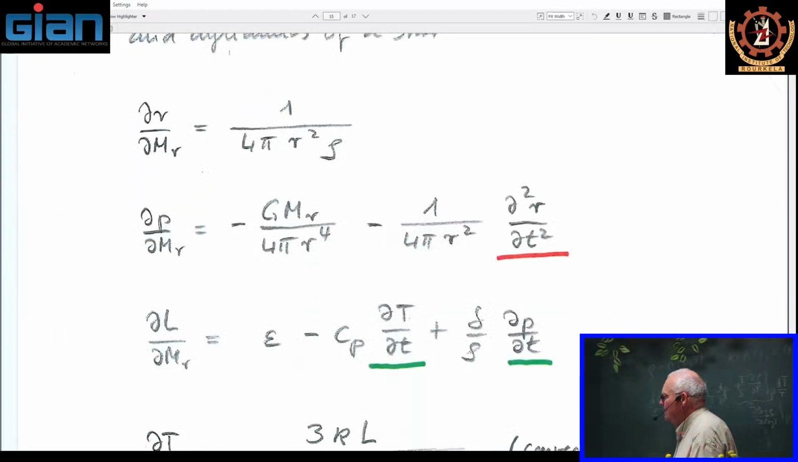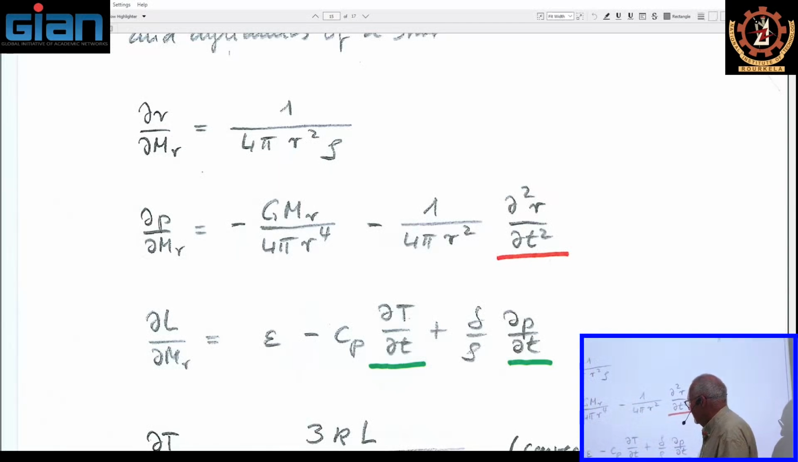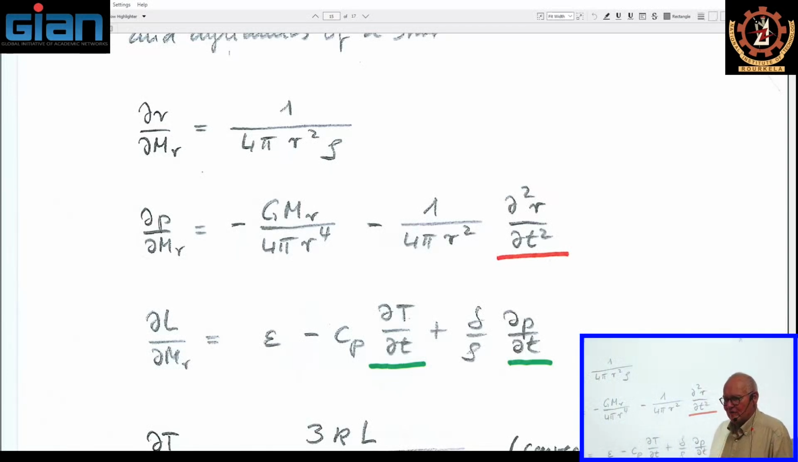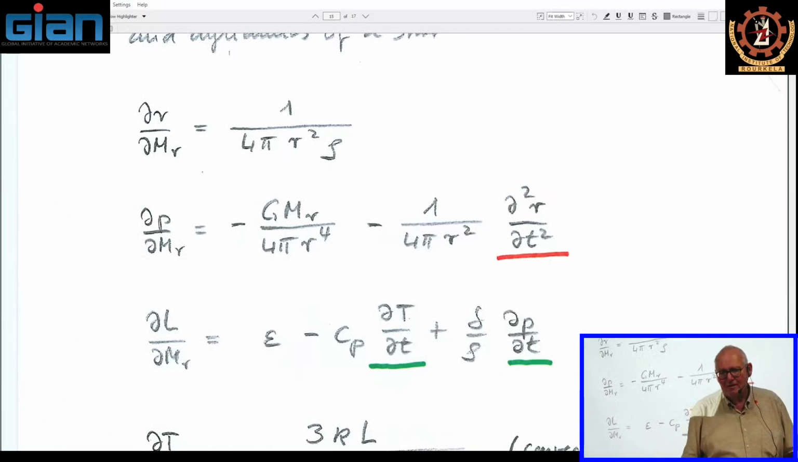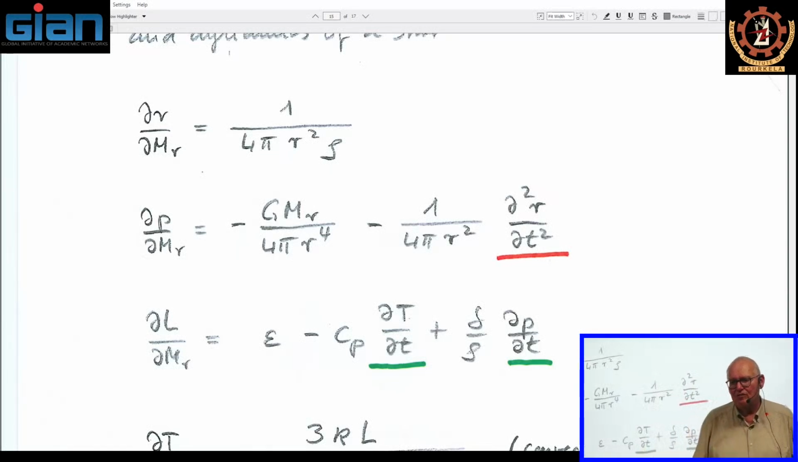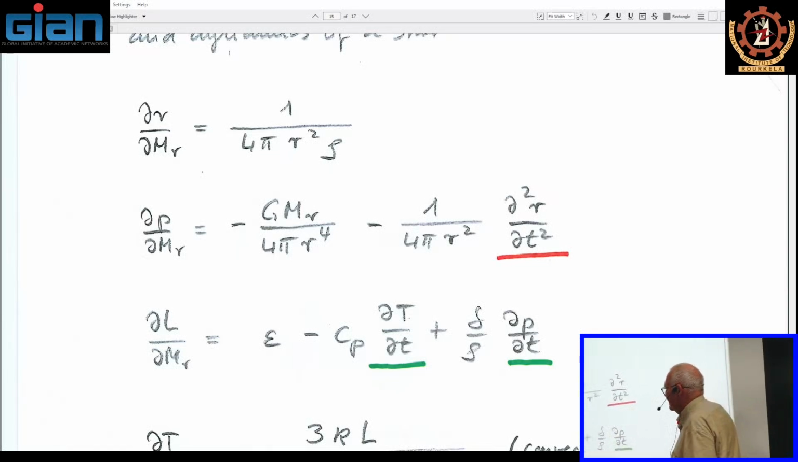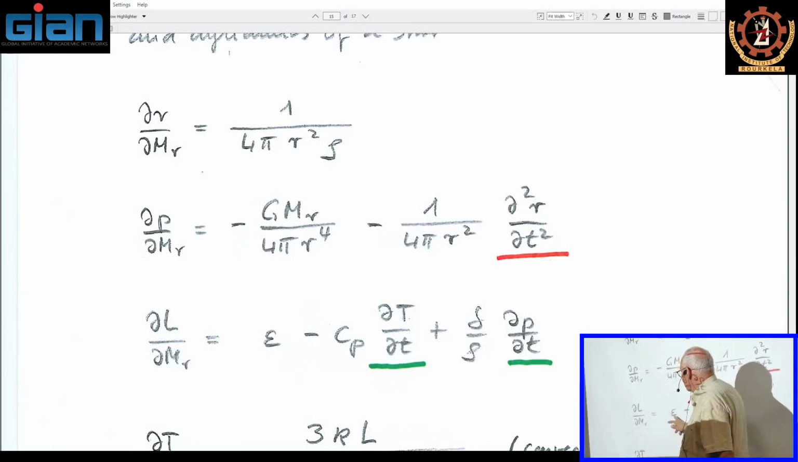Then we have, instead of the gradient of the temperature, instead of the divergence of the flux, we have the derivative. We replace the flux by the luminosity, and then the divergence of the flux may be written as the gradient of the luminosity. The gradient of the luminosity is again replaced by the gradient of the luminosity in terms of the mass coordinate. So we get dl by dmr instead of the divergence of the flux,